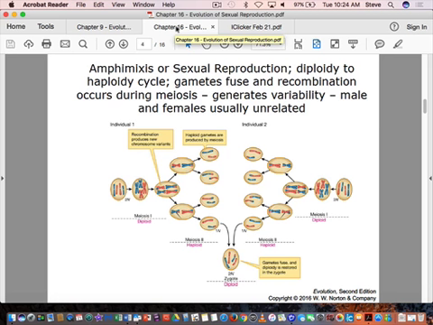And in general, we're going to assume most males and females usually are unrelated, okay? So one of the key things here is you need two individuals. Gametes are produced through haploid reduction and then this fusion phase. So gametes fuse and diploidy is restored in the zygote, okay? So there's a lot of potential in here for recombination. When homologous chromosomes cross over, you can produce a lot of variability. And you also have the variability among individuals, okay?